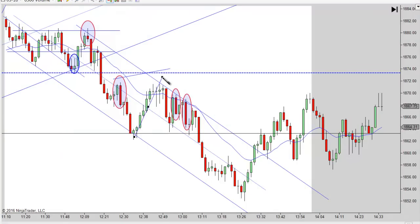Then you got a trend line working up. You get a close outside. It tries to go higher twice, so that's a double test of that trend line. This is your failed second entry long right here. Actually, no, I take that back. Your failed second entry long is here. This is your second entry counting off the high, and it really is still a failed second entry long here because this is a double top, so you can count this as the new high, pull back first entry, pull